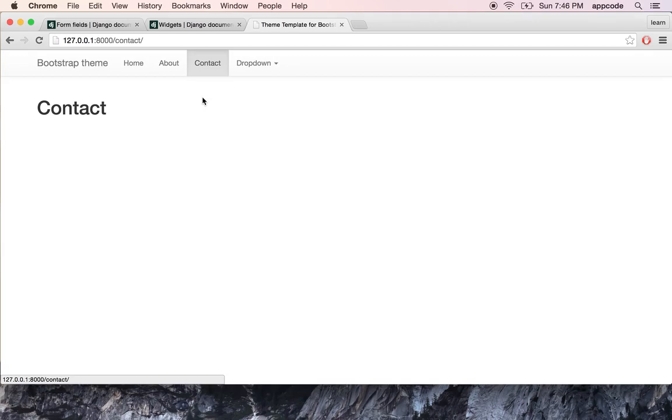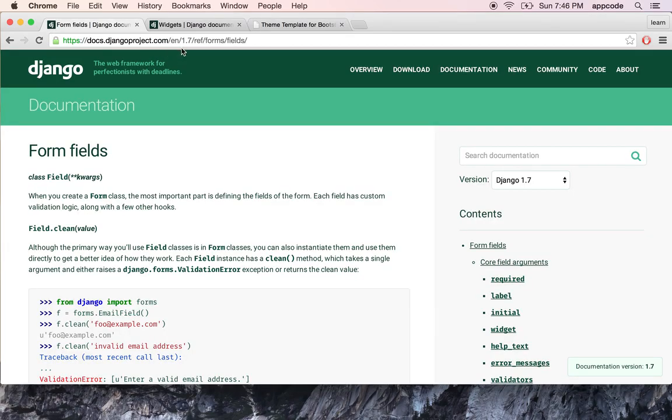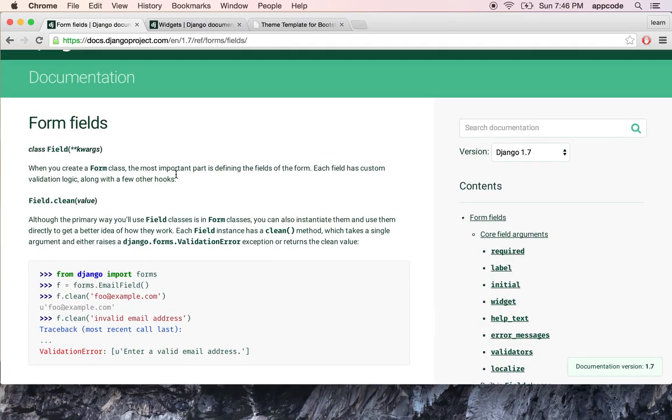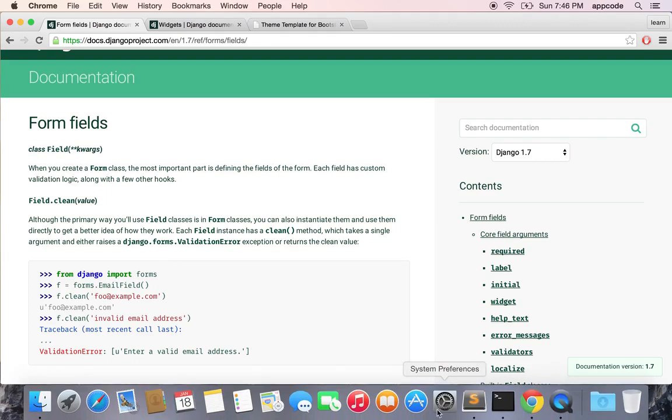Now that the contact page is working, I'm going to make a contact form. So go to this URL, Form Fields. This page explains the different types of Django form fields. I'll be using some of these fields when I make the contact form. To create the contact form, first go into Sublime Text